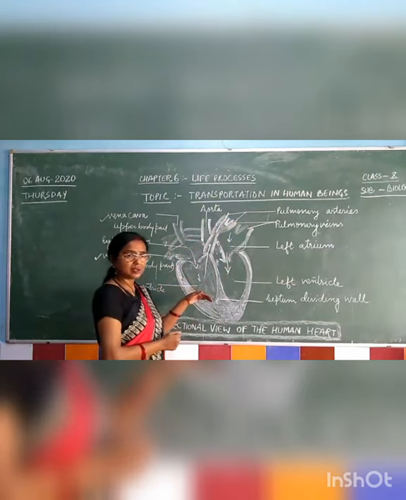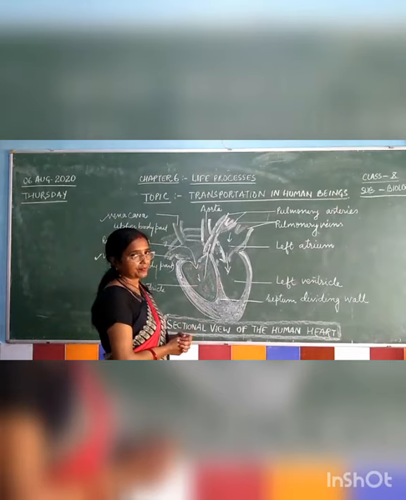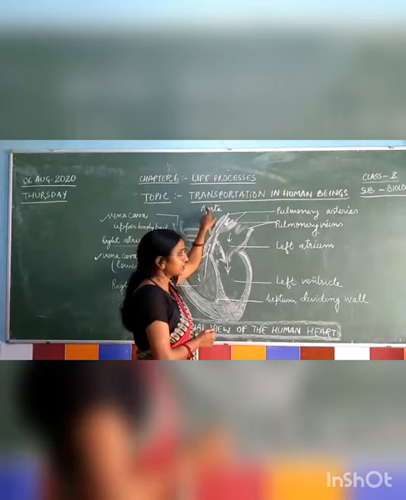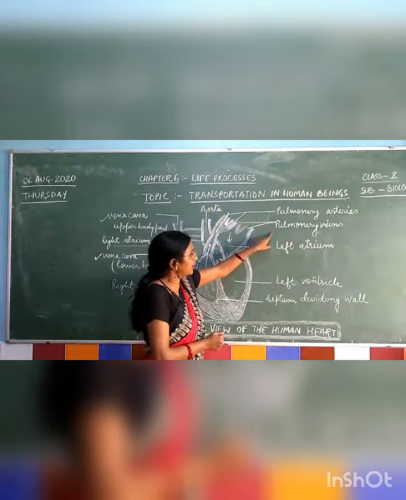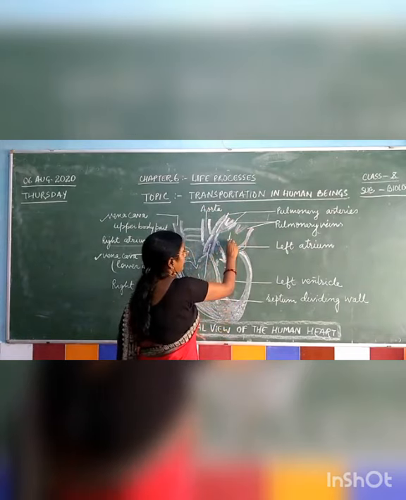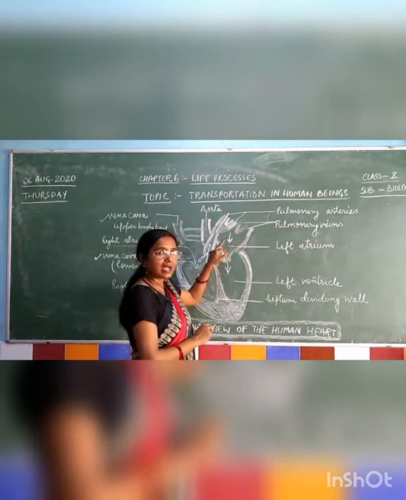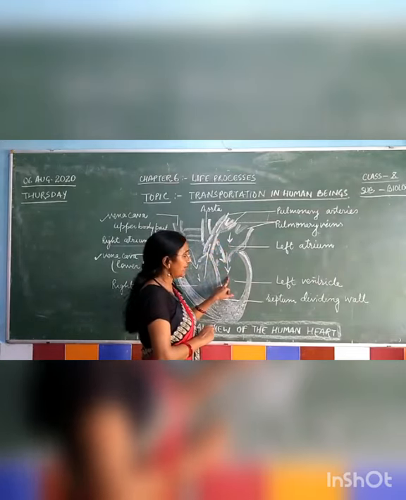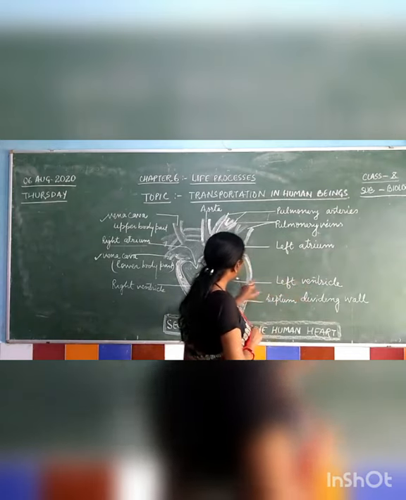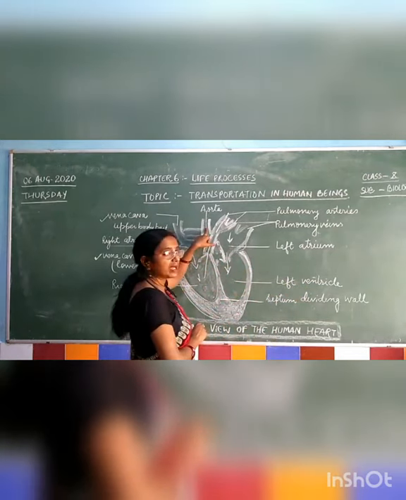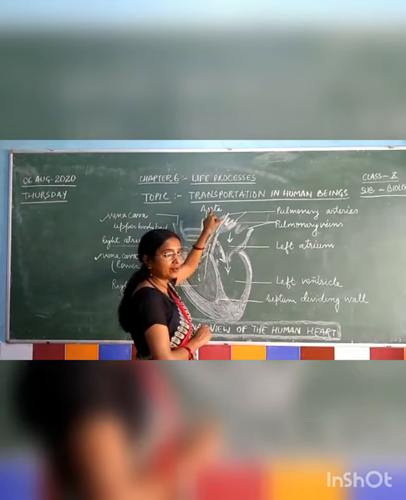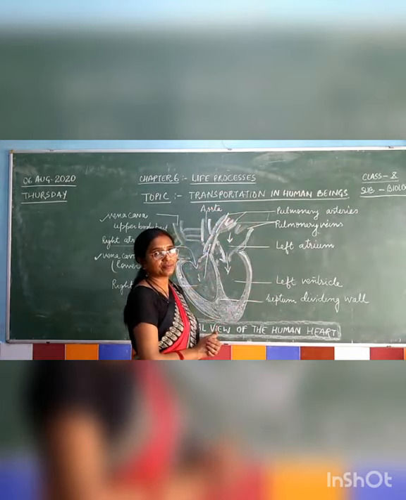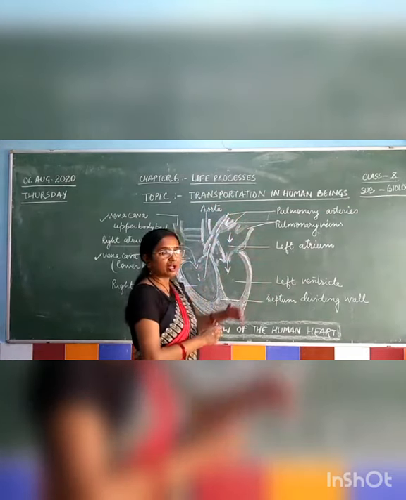So this is the mechanism which takes place rhythmically, one by one. What happens? Firstly, the lungs give the oxygenated blood with the help of the pulmonary vein to the left atrium. The left atrium, by expansion and contraction, gives the oxygenated blood to the left ventricle. From here, it is given to the bigger artery named the aorta, from where the different arteries give the oxygenated blood to the different body parts. By this means, we get the oxygenated blood.